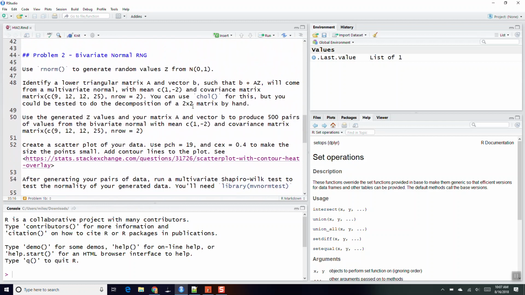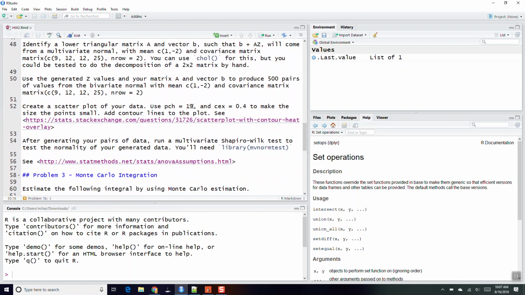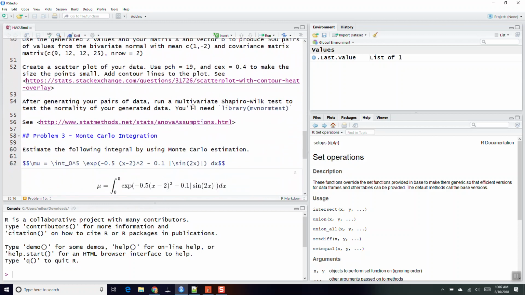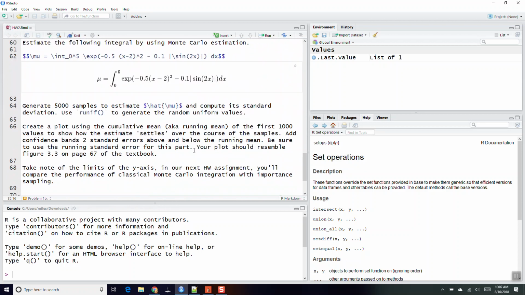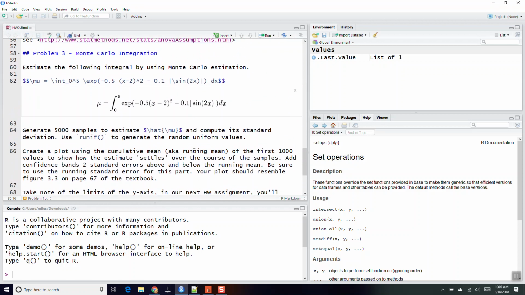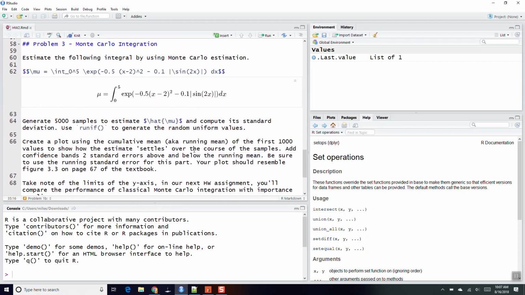And then we also looked at the bivariate normal. And then the last problem in the homework is on Monte Carlo integration,